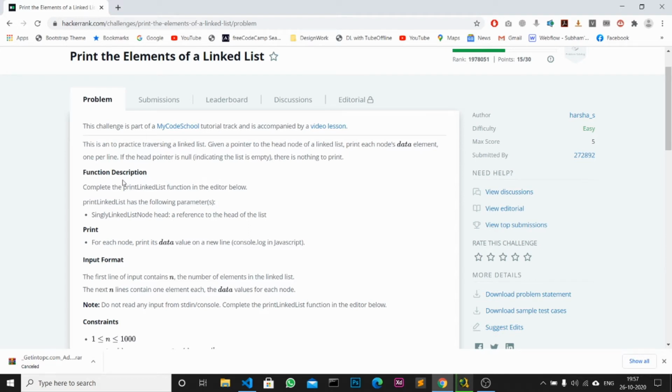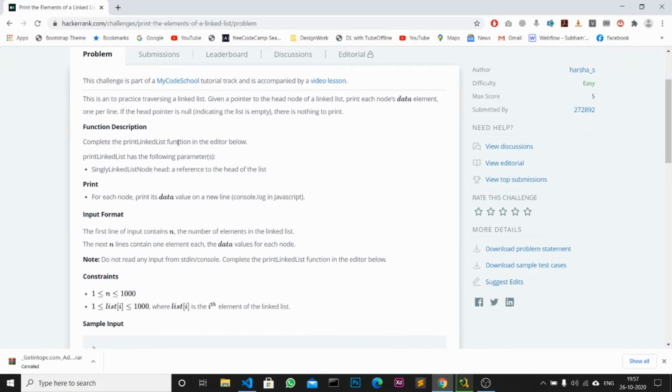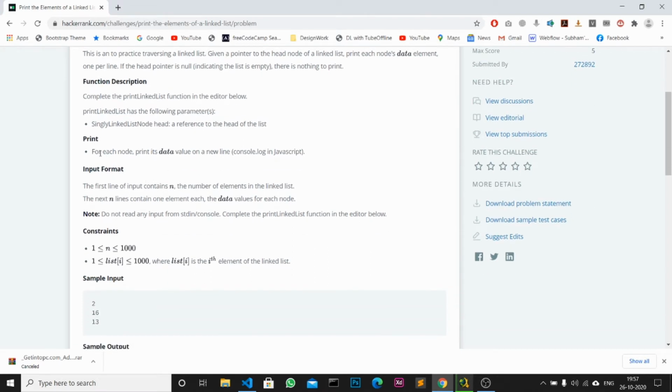Okay, so the functional description is: complete the print linked list function in the editor below. The print linked list function has the following parameter: singly linked list node head, a reference to the head of the list. For each node, print its data on a new line.